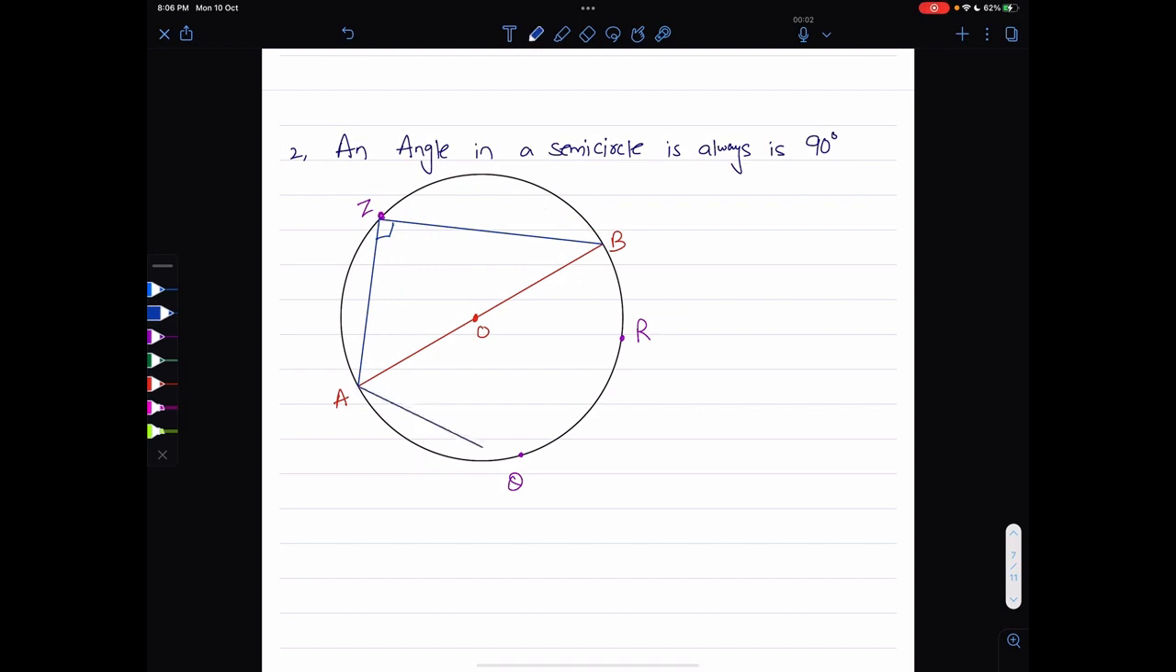Let's have a triangle AQB. So this is going to be a right angle triangle. The right angle is going to be at point Q, because that is the angle in a semicircle. Similarly, angle ARB is also going to be 90 degrees. Okay,